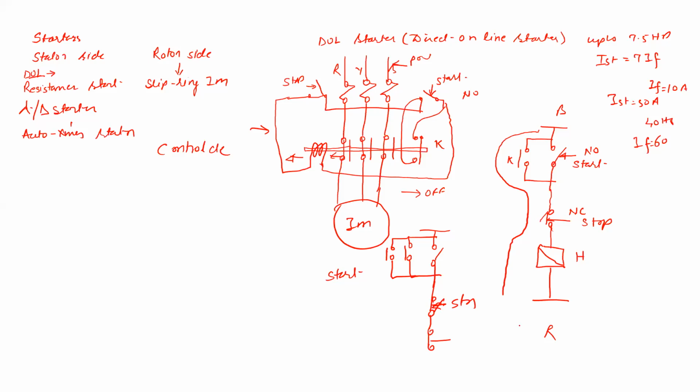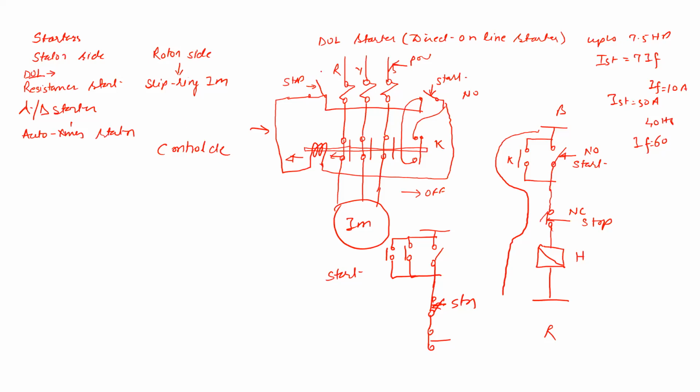Like compressors, which are automatically switched on and off. This automatic on and off can be done with the help of starters. A starter comprises a control circuit which will control the motor on and off, whereas the second circuit is the power circuit which will deliver the power to the motor. So a starter is not only to limit the starting current, it is also used to make the system automatic, as well as reduce the starting current. It also provides some type of protection.